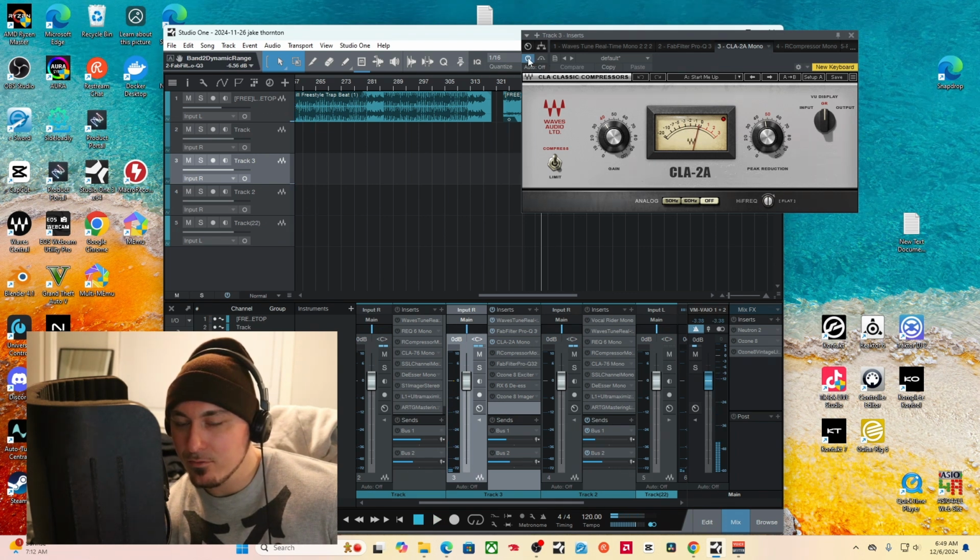And so if you listen to the vocals before and after this, I try to get the vocals about the same. They say it's supposed to be about the same loudness before and after you use the compressor plugin here.